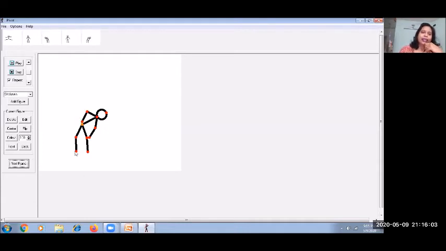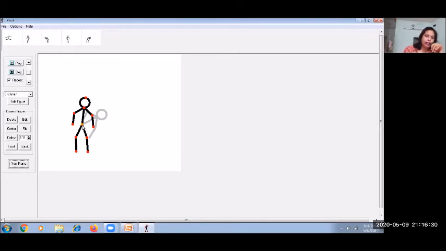Next frame. Every time you give any new position to your stickman, you have to click on next frame, because all these image positions are recorded in the timeline. Where is it recording? It's keeping on the timeline. So click this one, it's done.